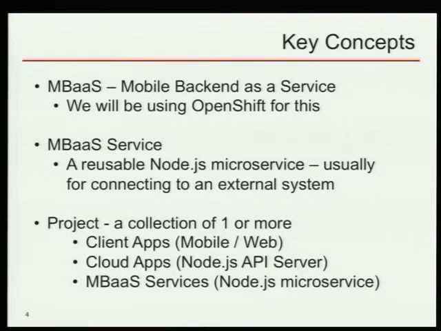When we talk mobile, we tend to talk in terms of mobile projects or mobility projects rather than mobile apps, because the app is just the front end of the system. It's the bit you see and feel and touch, but without those back-end layers, mobile apps are pretty dead. If they don't have any back-end systems to connect to, they're not going to do very much. So when we talk about a project, we talk about the mobile app, we talk about an API server in the middle, and we talk about these MBaaS services behind the API server for connecting into your back-end systems.